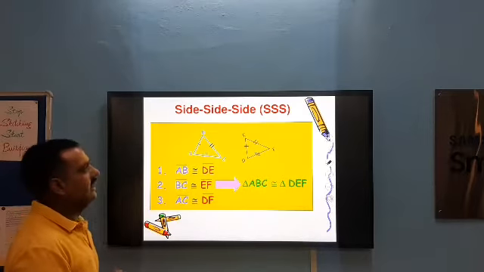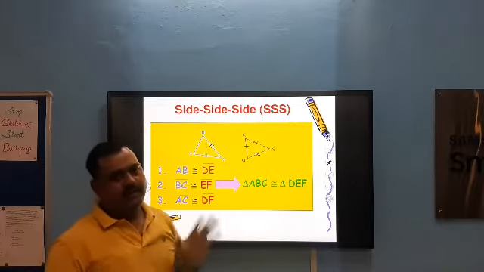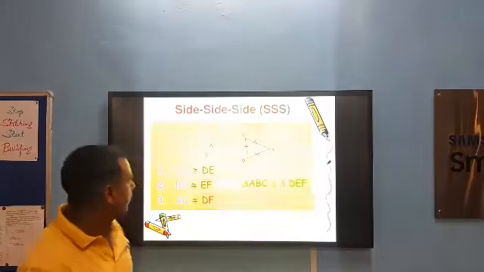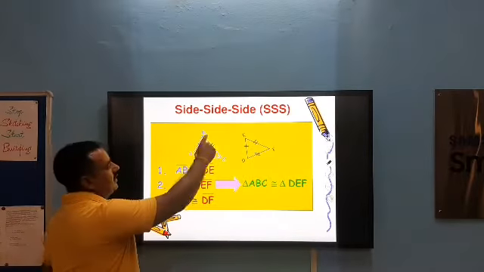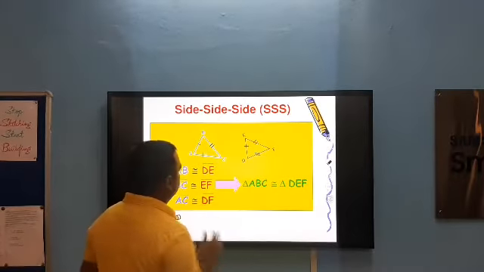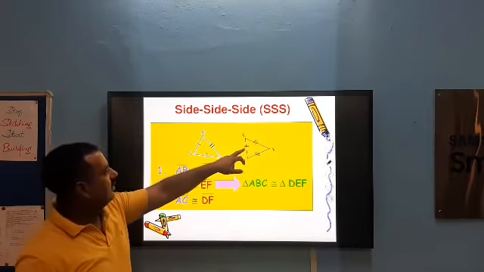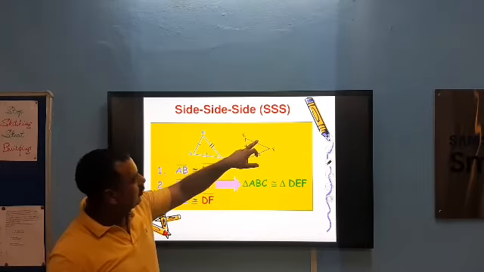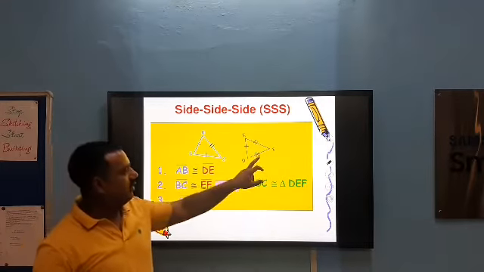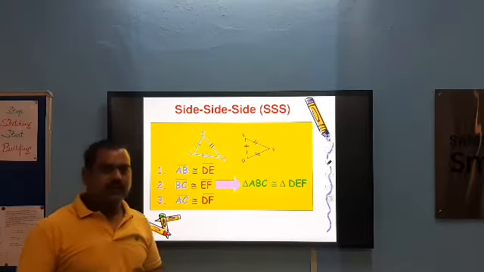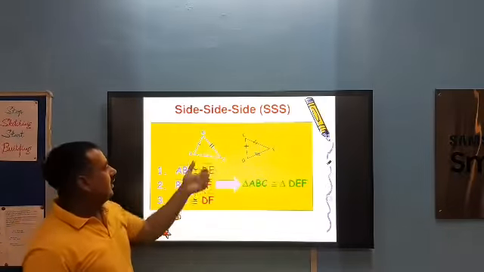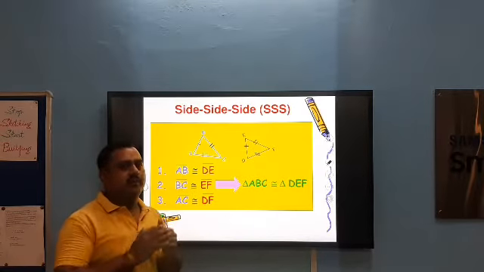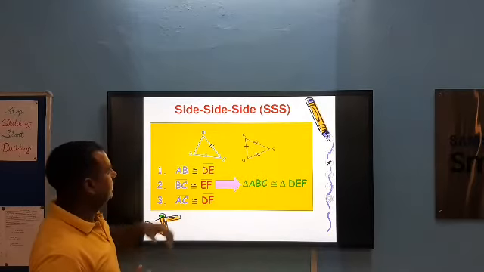So, first criteria is side, side, side. It means S, S, S. Here S represents the side of the triangle. Now we take 2 triangles, triangle ABC and triangle DEF. Symbolically it is represented here that AB is equal to DE, BC is equal to EF and AC is equal to DF. It means in 2 triangles, if 3 sides are equal to 3 sides of another triangle,